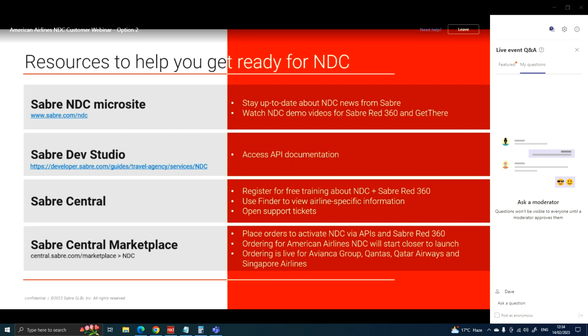We've got Finder to view any airline-specific information. And of course, Sabre Central is the place to open support tickets, just as you would with any other support query you have at Sabre. Sabre Central is no different for